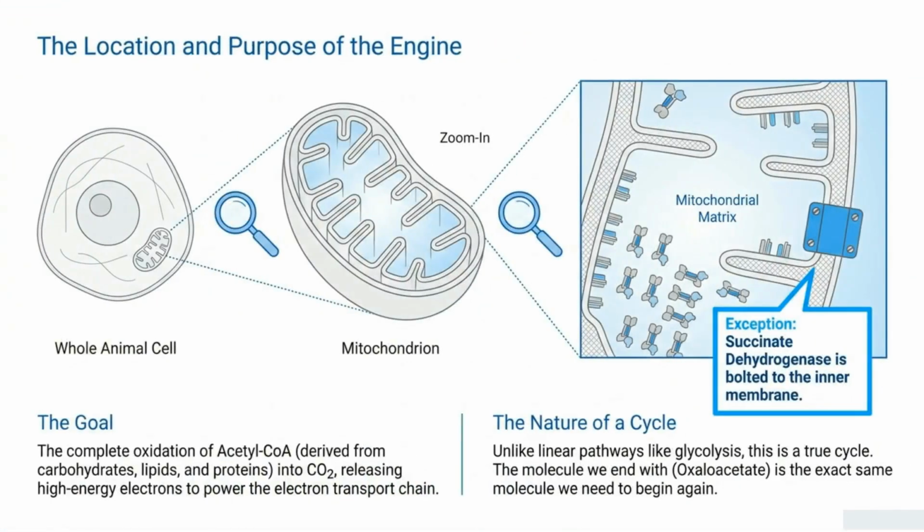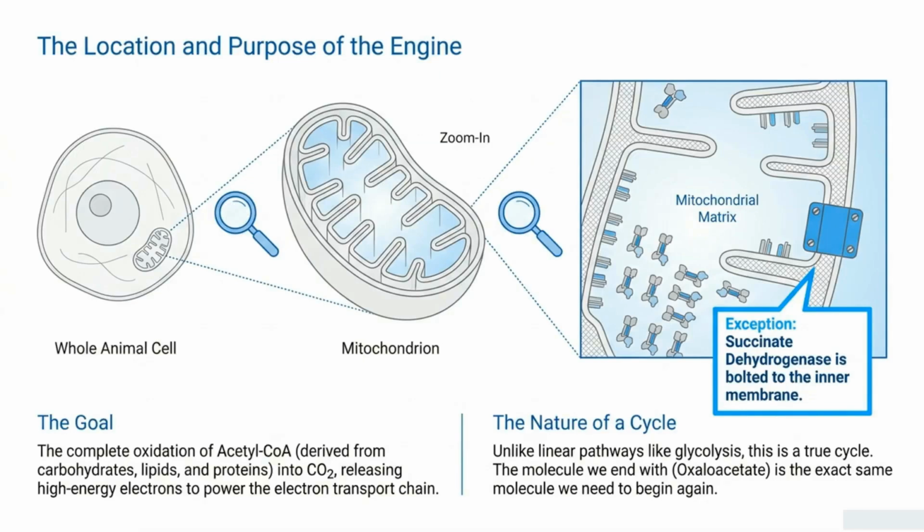Before we start the engine, let's look at where this happens. If we zoom into a standard animal cell, we find the mitochondria, and deep inside their inner fluid, the mitochondrial matrix, is where the Krebs cycle runs. There is one unique exception, an enzyme called succinate dehydrogenase, which is actually physically bolted directly to the inner mitochondrial